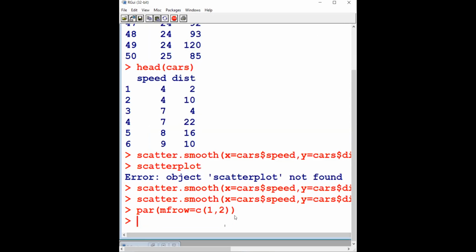Now we'll see how to do that. So I'm going to take box plots for the two variables, speed and dist. In that case, I'm going to use this function boxplot. Within brackets, I'm going to use the variable speed in the cars data set. So I have to write cars$speed, and then I can give a name to this if I want. Let's say main, this is speed, and then